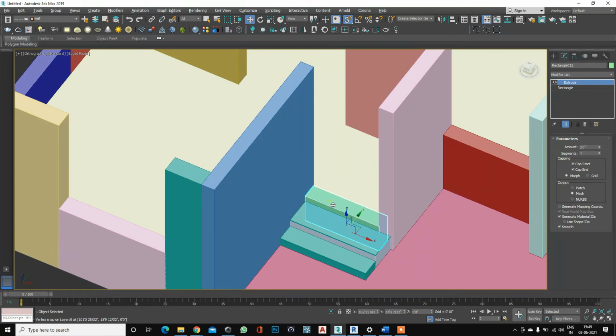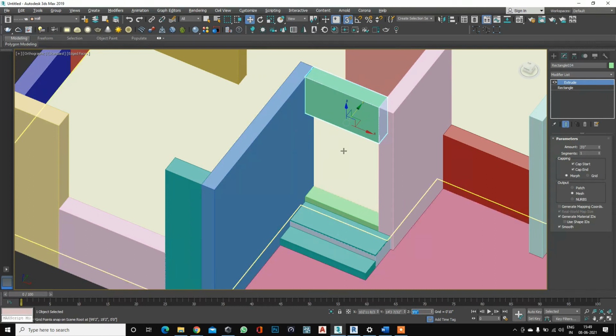So I will press Ctrl V, copy, and change its amount from 2 to 3. Now it's set, but right now it's laying on the 0 z axis, and we need this at 9 feet. So from here we can change the parameter to 9 and press enter.